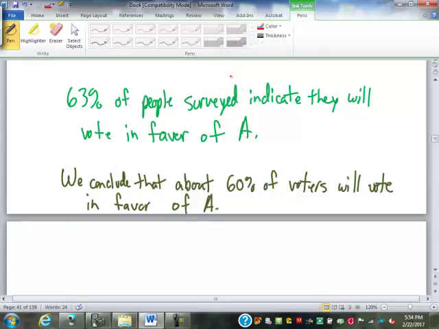Which one of these is a parameter? The second one, because we are stating we conclude that about 60% of voters, of all voters, that's making a statement about the population, and it's related to our variable of interest, of the results of how they're going to vote on this item. Now, it may or may not be true, depending on how good our sample was, but it is a statement about the population. So the other one is a statistic,